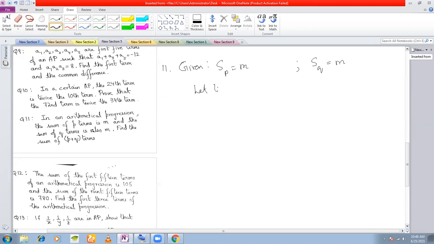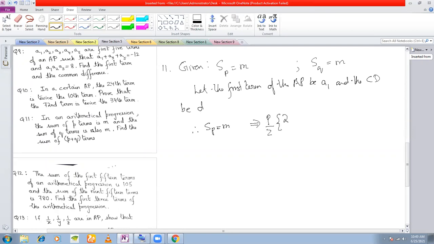Let the first term of the AP be a1 and the common difference be d. Therefore, Sp is equal to m means p by 2 twice a1 plus p minus 1 into d